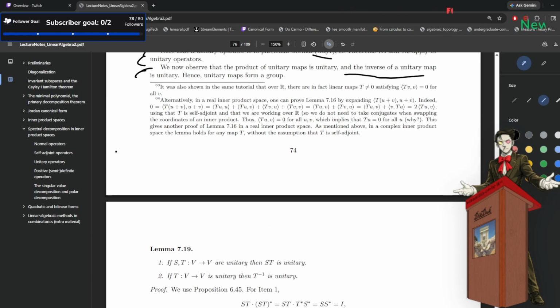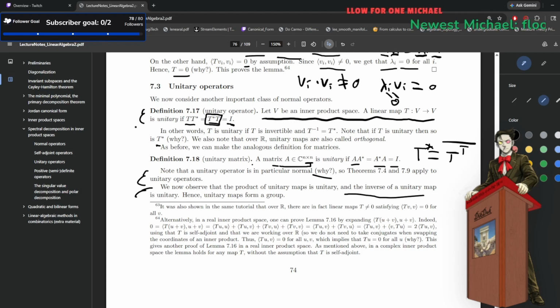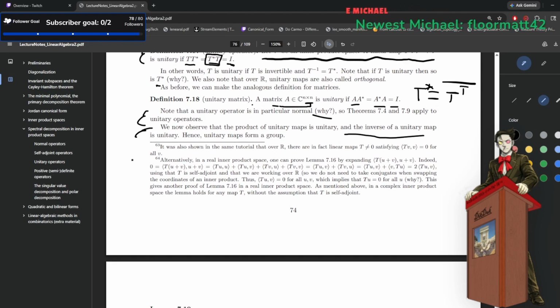Lemma 7.19. Actually, we're going to go over footnote 64, which is from a bit higher. Now, let's continue. Alternatively, in a real inner product space, one can prove lemma 7.16 by expanding T with u plus v. This is going to give us linearity. Indeed, using linearity, 0 is equal to <T(u+v), u+v>,